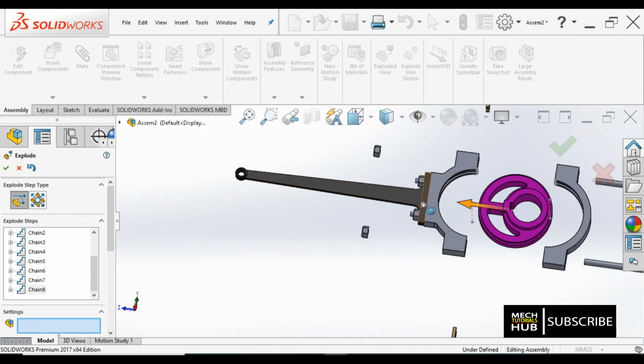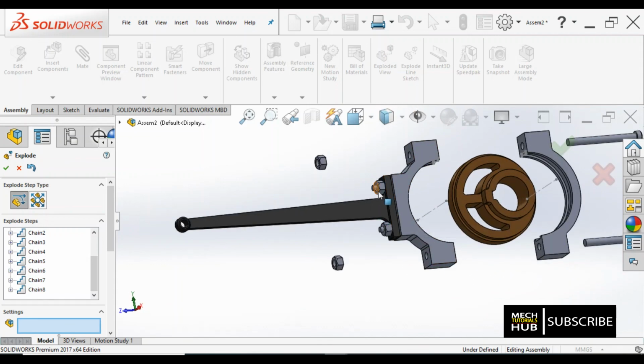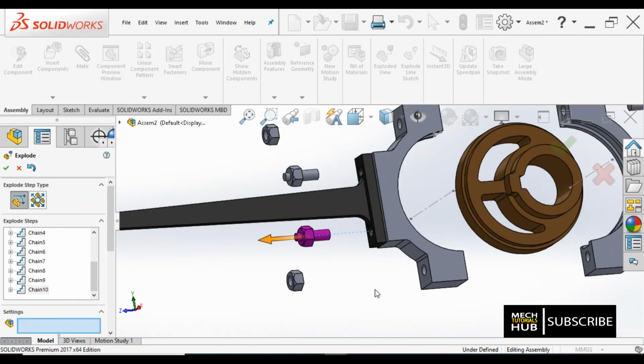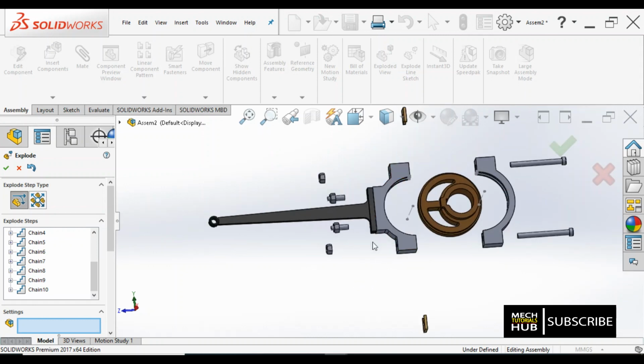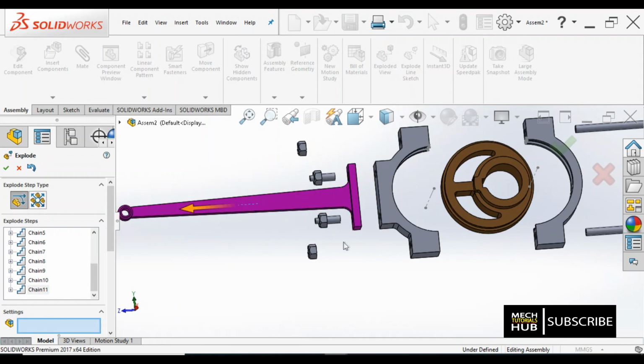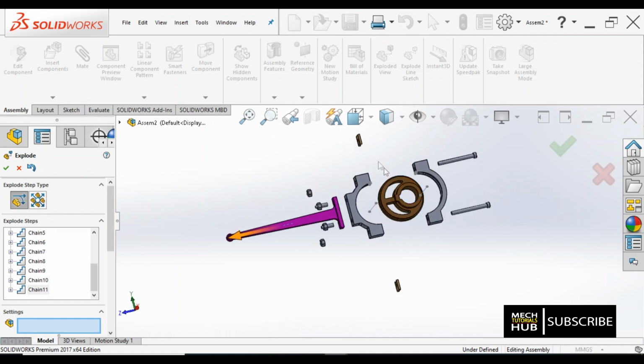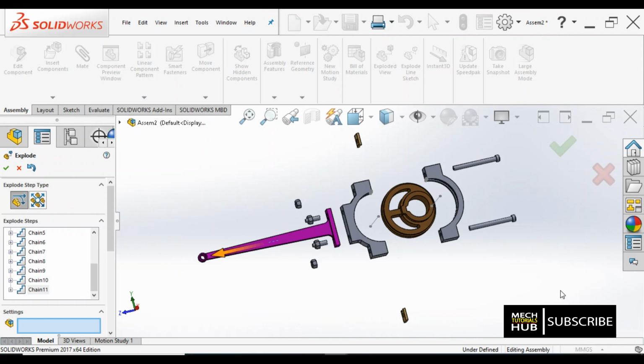Now there are two more joints where we need to remove nuts followed by the components. Here I'll click over here. I would like to remove this screw followed by the second one. Yes, we did it. Now we need to separate these two components. The eccentric rod, I am going to move a distance. Yeah, this is how an exploded view of an eccentric looks like, out of its working positions.